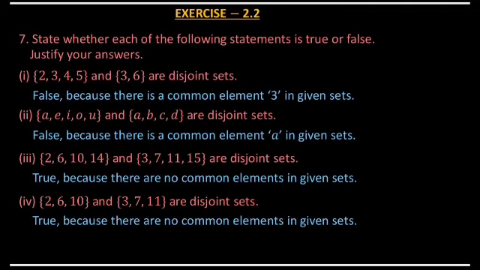Next one, the set of 2, 6, 10 and the set of 3, 7, 11 are disjoint sets. In this question, it is true because if you observe these two sets there are no common elements in them. So this statement is true. Okay children, all of you understood what are called disjoint sets and what are called not disjoint sets. Next, go to